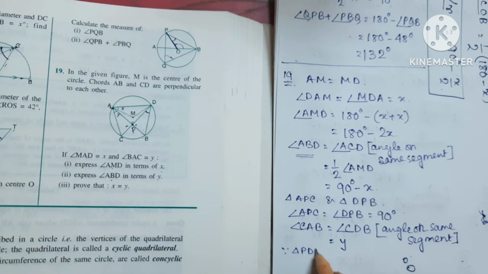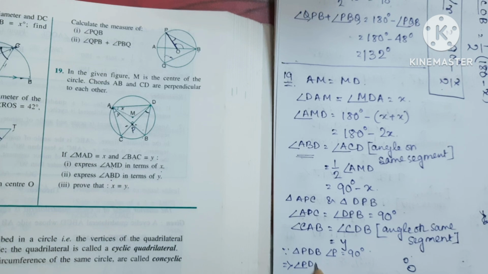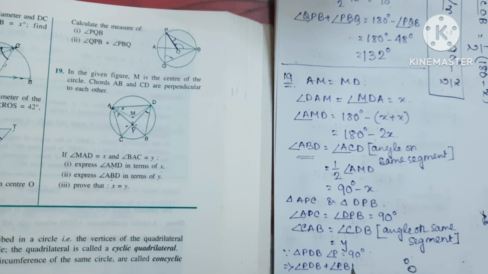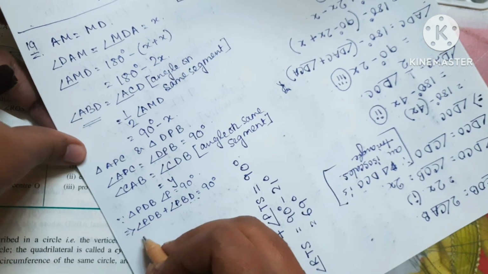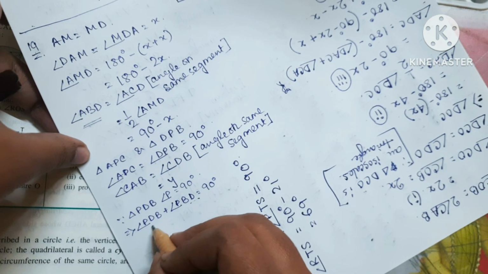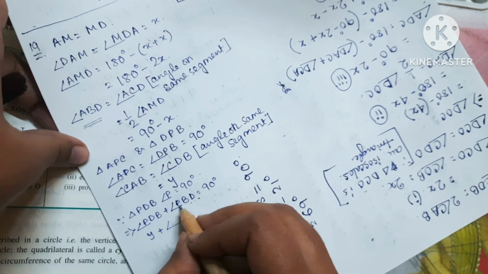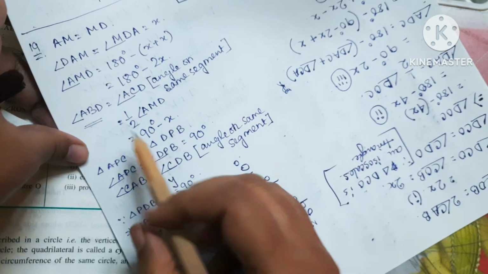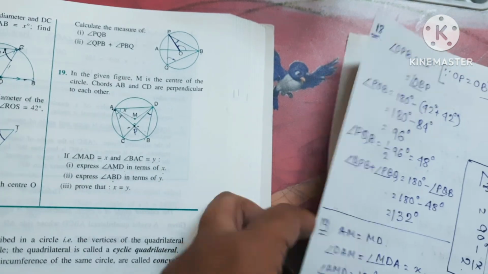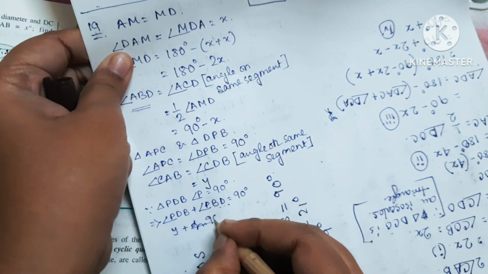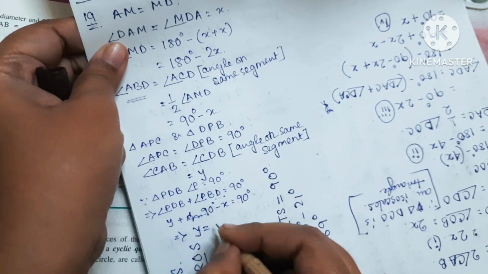Triangle PDB, angle P is 90 degree. So that means angle PDB plus angle PBD is equal to 90 degree. Right? Understood this point. Now see, this one is equal to y plus PBD. So PBD means ABD. ABD and PBD are the same angle. This one you have already found out, that this is 90 minus x is equal to 90 degree minus y, right? So if you cancel 90 degree, y is equal to x, right?